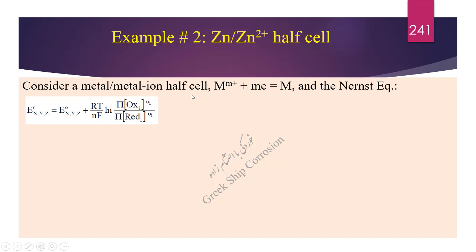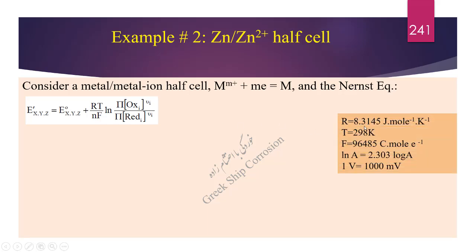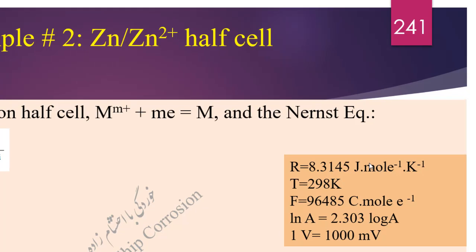Consider a metal ion half cell M^n+ plus n electrons equals M and the Nernst equation. R is 8.3145 joules per mole per Kelvin, that is the universal gas constant, T is 298 Kelvin, F is 96,485 coulombs per mole of electron, the natural logarithm of A, or ln of A, equals 2.303 logarithm of A,